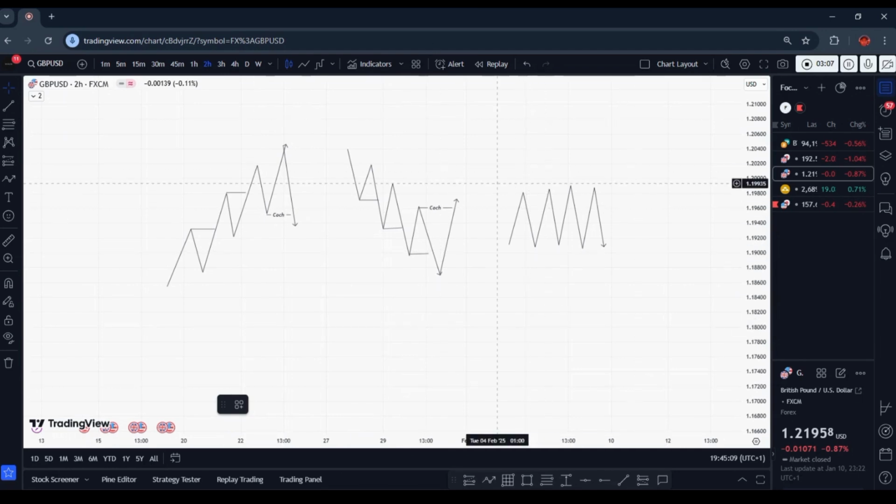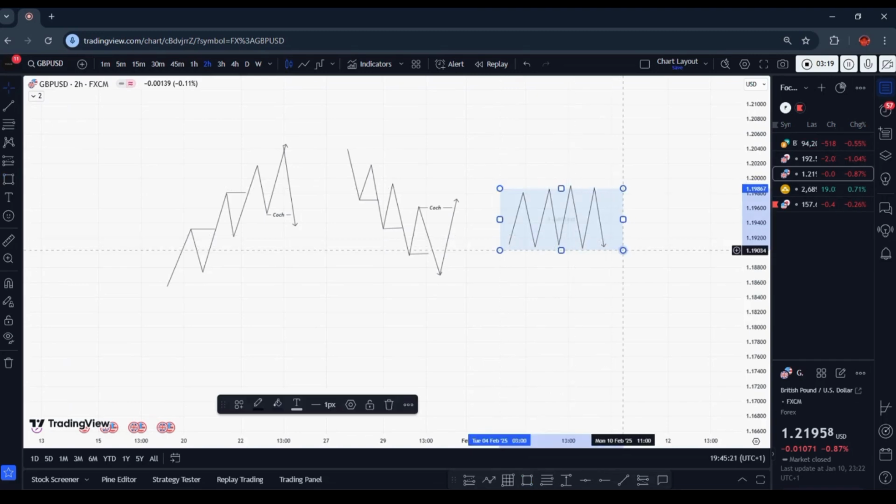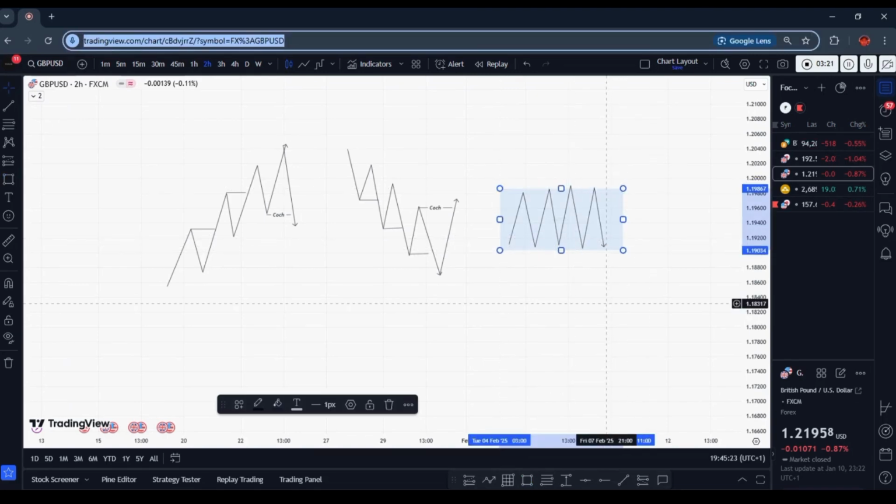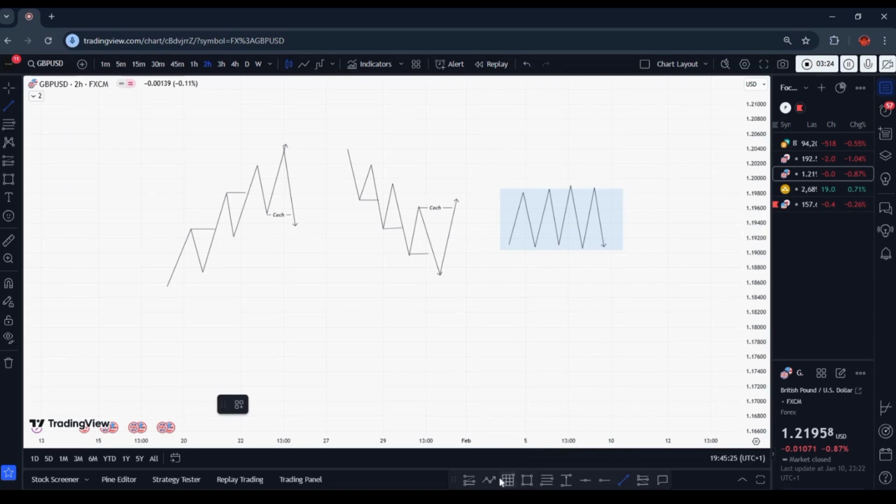So you can see the ranging zone as neither up nor down, neither break of structure nor change of character. In this type of case, we can be expecting breakouts where we have zones like this. Let me box it out. What you'll be expecting is price breaking out like this, testing, and dropping off the other way around. So anything can happen there. So that's that for that.